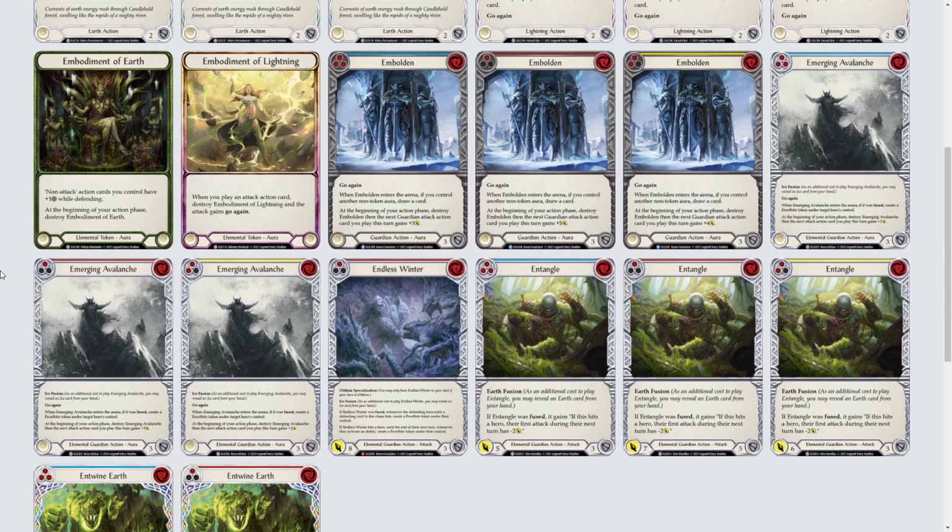Emerging Avalanche has felt lackluster to me. Making a Frostbite token is great and all, but you're only making 1, and 1 really isn't that big of a deal. It has Go Again, luckily, so you can make 1 and then swing with maybe your hammer or something, but it costs 2, and it gives you +3 on your next turn, which is fine and all, but